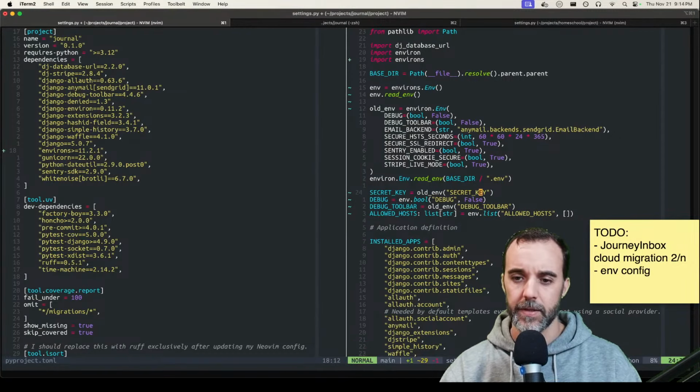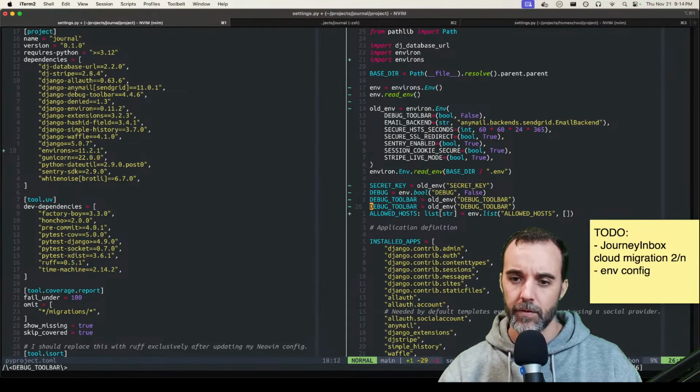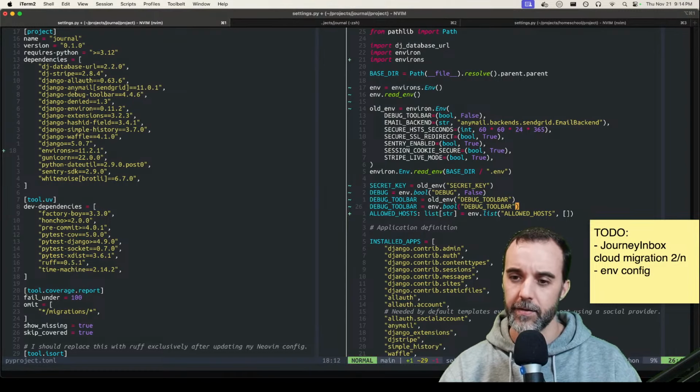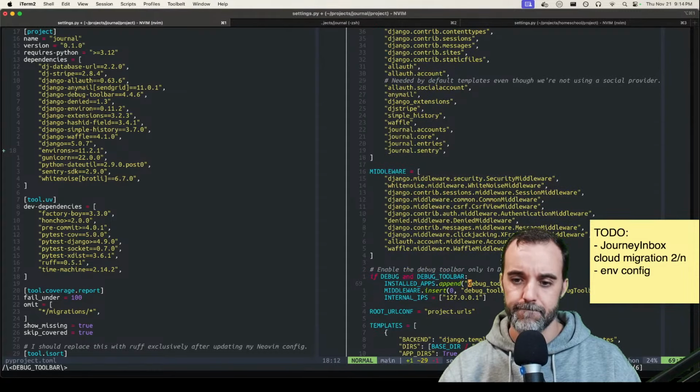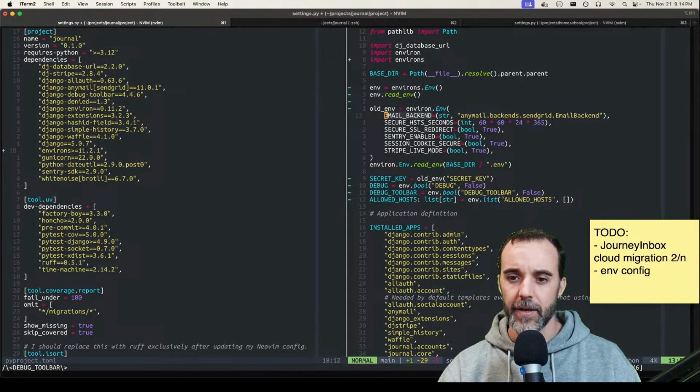Get rid of the old one. Okay, and then our debug toolbar is the same. So I don't even know why I'm copying these, but whatever, it's fine. Bool and default to false. Okay. Whoops, that one had multiple instances. Okay, then we've got